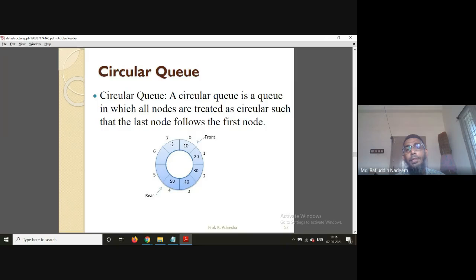Then after 7, the rear will become 0, and the element is going to be entered at the 0th position there. So likewise, in a circular way, we are going to insert the elements and then remove elements here. Now, one of the conditions here is